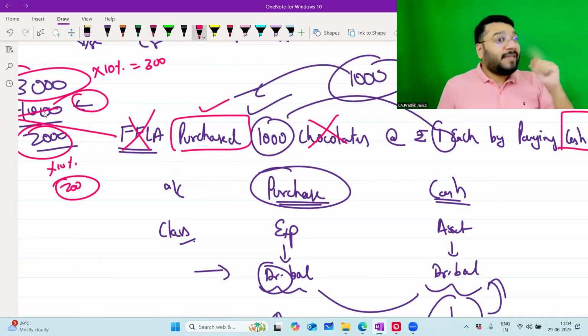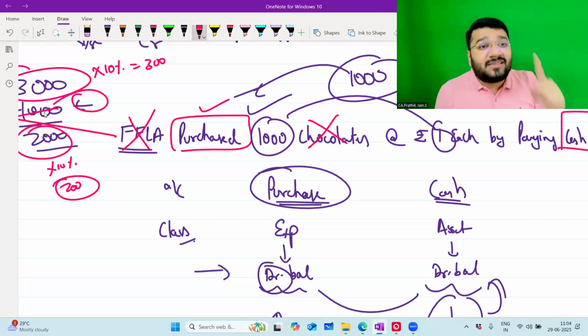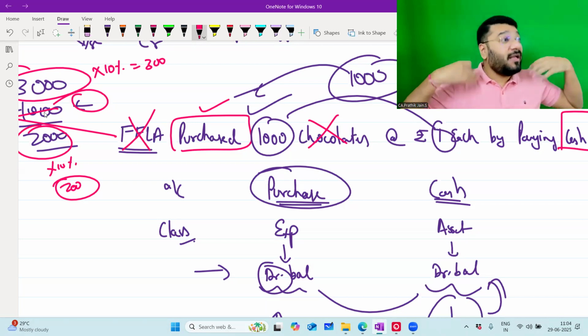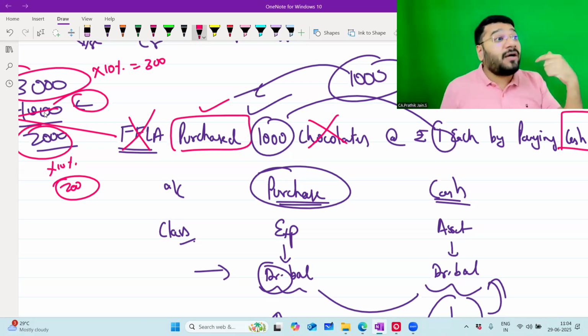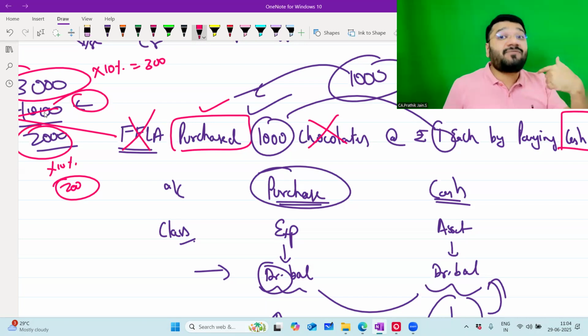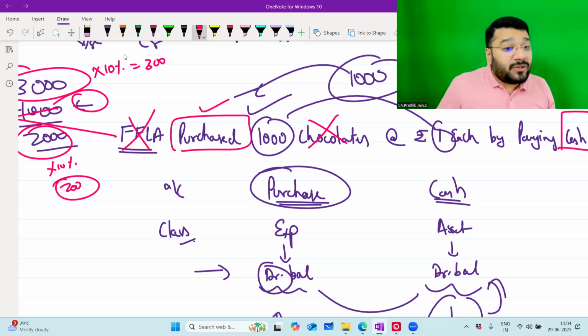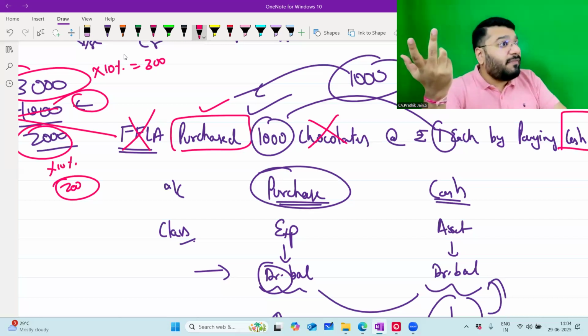So the income tax department allowed you to record this 1,000 as expense, provided what promise did it take from you? That you will sell it. What did I do? I broke the promise. Instead of selling, I withdrew the money for my personal purpose. I withdrew that goods for my personal purpose. I withdrew the chocolates, not money. I withdrew the goods from business for personal purpose. Will income tax allow me still to claim this 1,000 rupees as expense? No. If you are in place of income tax, will you allow me to claim this 1,000 as expense? Tell me. No. Because you're not selling it. Why should I give this expense?